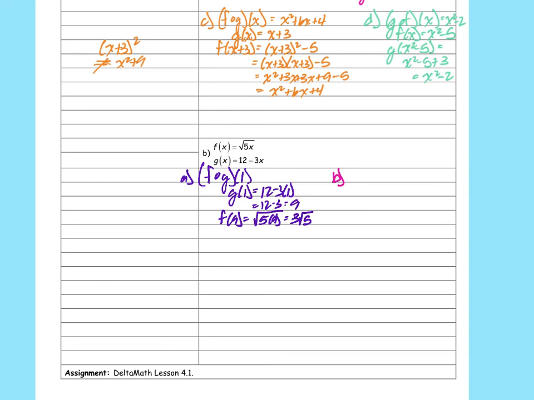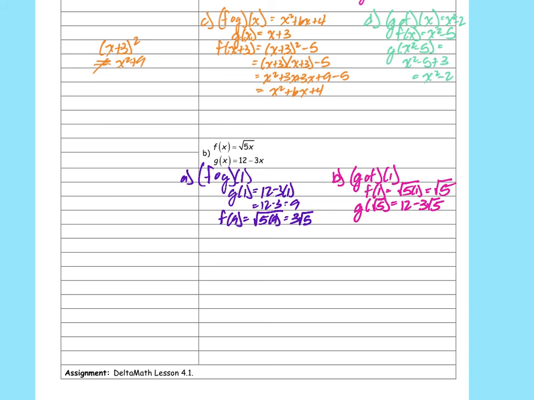B says g of f of 1. And then, so I'm going to find f of 1 first, which is going to be the square root of 5 times 1, or the square root of 5. And then I got to find g of the square root of 5. So that's going to be 12 minus 3 square root of 5. So now on this one, that's it. That's the whole answer, because I cannot subtract 12 and this 3 minus the square root of 5,